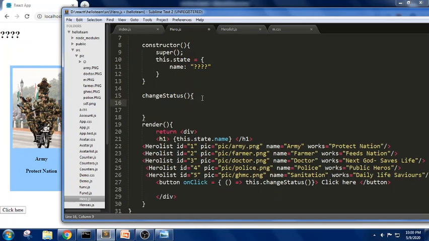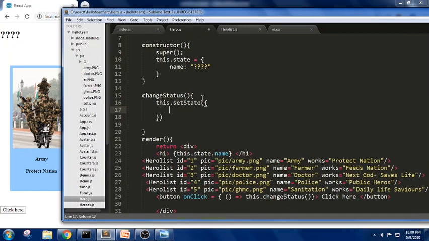In this changeStatus, I will be defining setState. Whenever you define a setState, when the component completes, it will render again. this.setState.